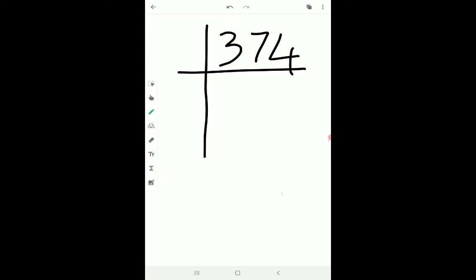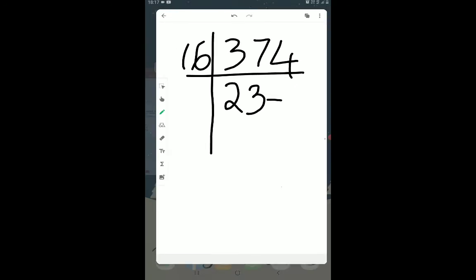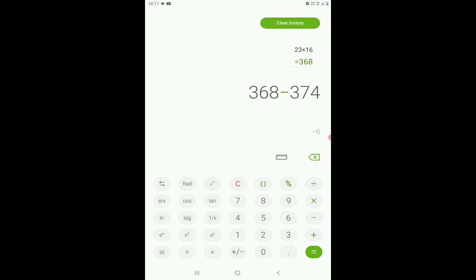374 divided by 16, you will be getting 23, and then the remainder. So how can you find it? It is a simple calculation, 374 by 16, you will see 23.375. You just multiply 23 into 16 and you will be getting 368.